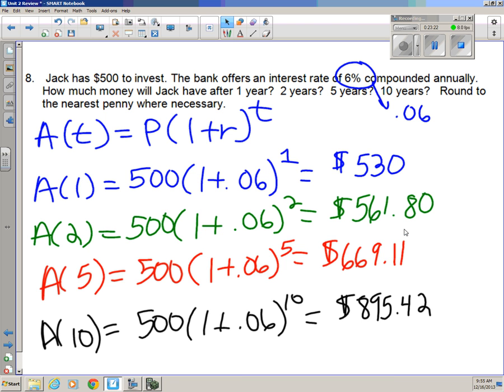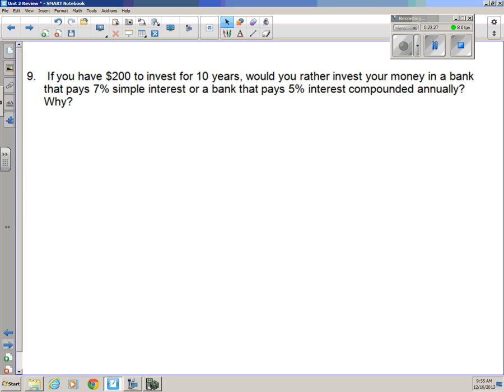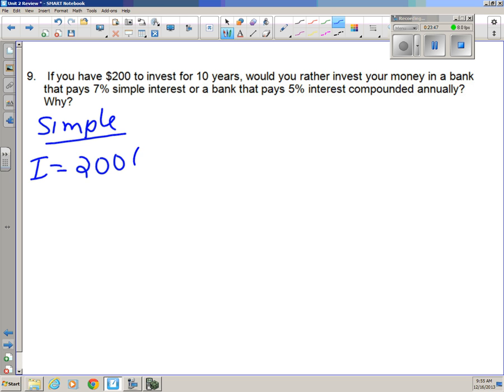Let's take a look at the next one. If you've got $200 to invest for 10 years, would you rather invest your money in a bank that pays 7% simple interest or a bank that pays 5% compound interest? And why? Well, let's compare the two. We know that if we're dealing with simple interest, we've got interest equals the $200 that we start out with, our 7% rate, and then after 1 year, it turns out that the interest that we're going to make here is going to be a total of,